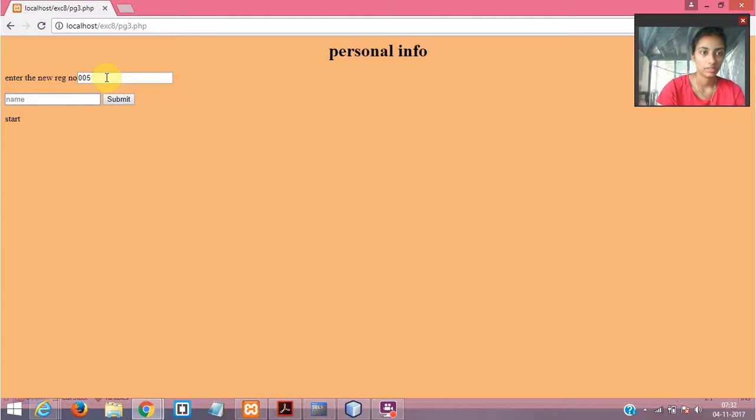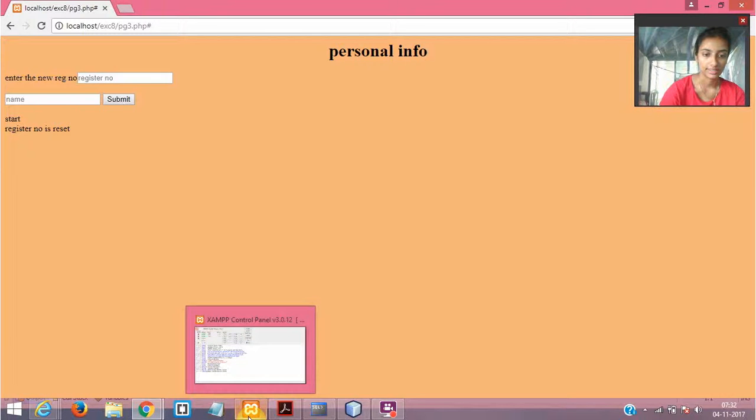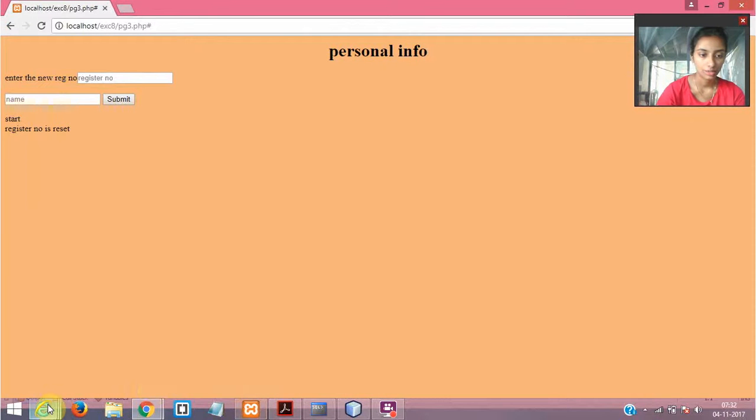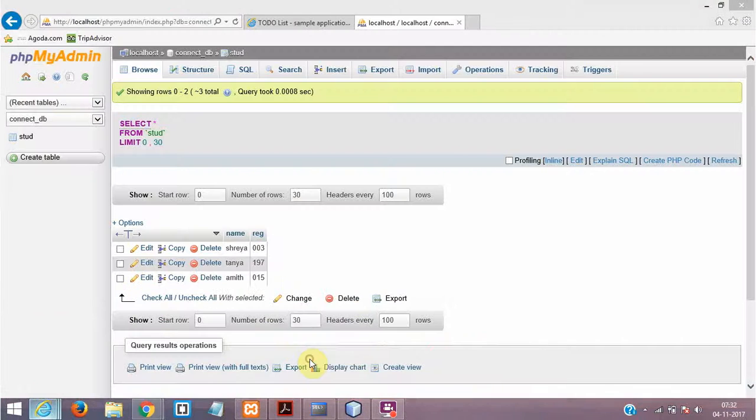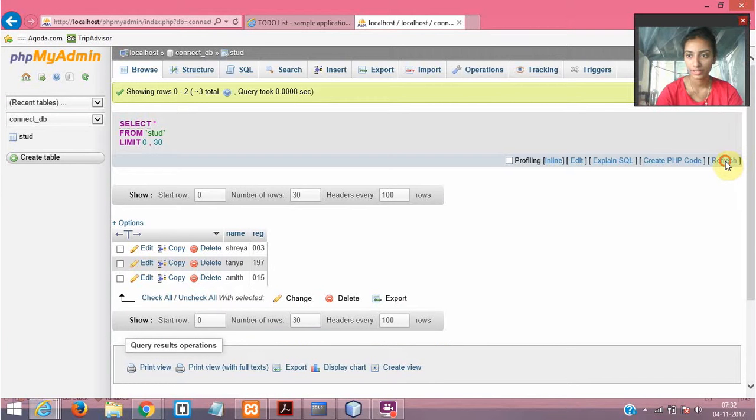If it was 5, I'll give it as 4, and here the same name which I gave. The registration number is reset. Now when we go to the localhost and see my table, when I refresh it,